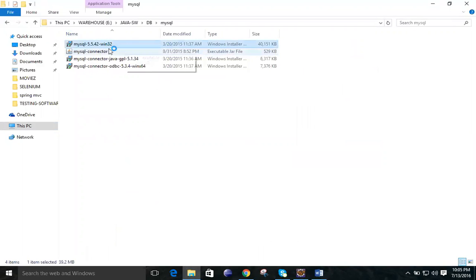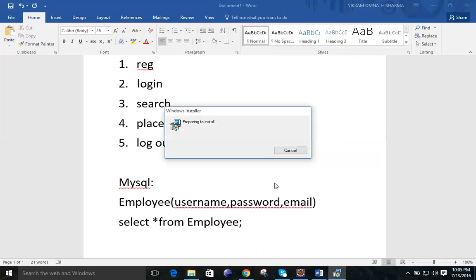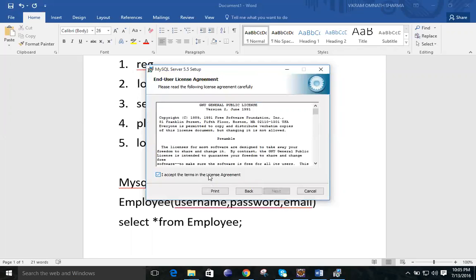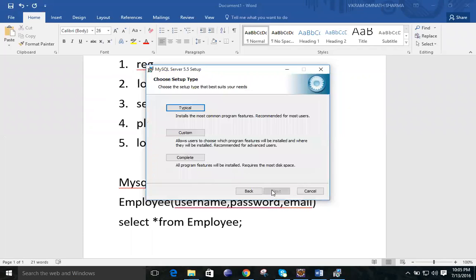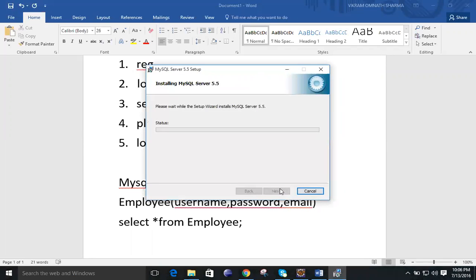Yes, MySQL, it will be shared and it will be of around 39 MB. Sorry, I missed that time. During the installation time of MySQL or any database, it will ask you the username and password. Only if you provide the correct username and password is your Java program going to communicate with the database, whatever database you are using.